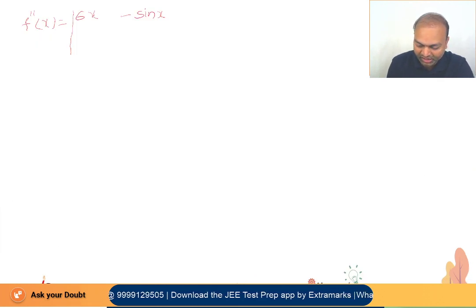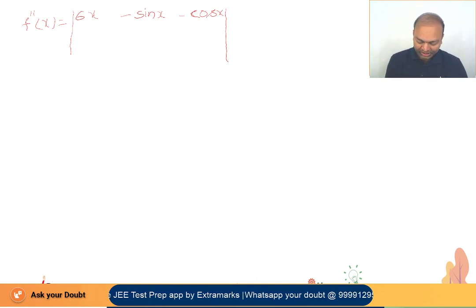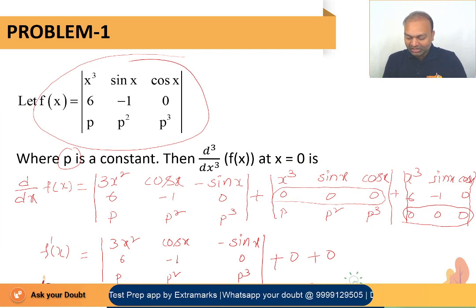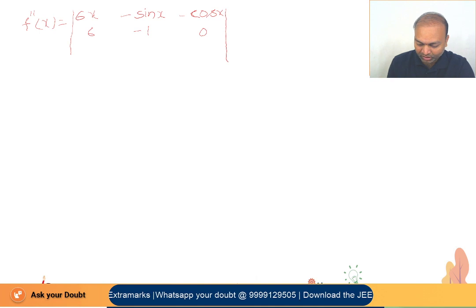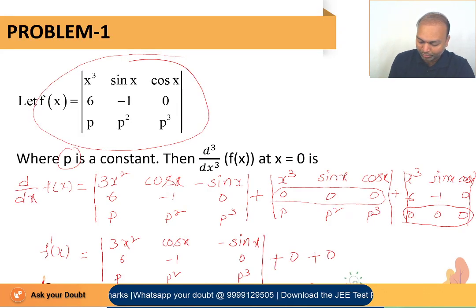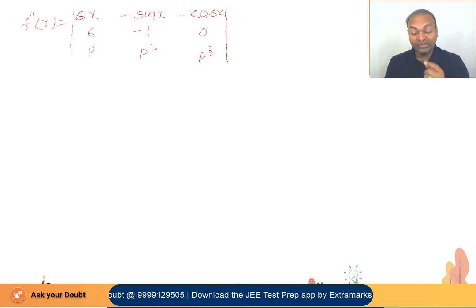Here I am writing minus cos x. The remaining two rows as it is I am writing. What are those remaining two rows? You check it. Second row elements 6, minus 1, 0. So write here 6, minus 1, 0. Third row elements you see p square, p, q. Okay, plus